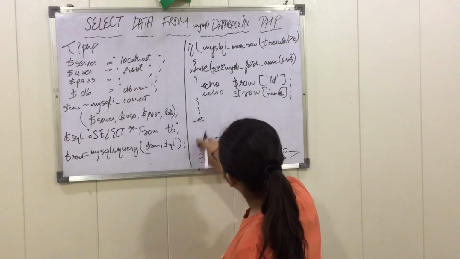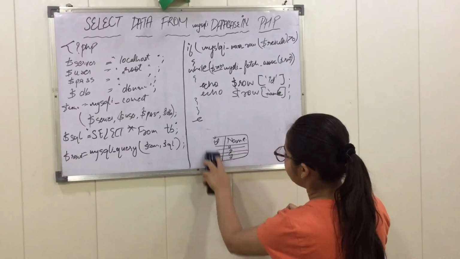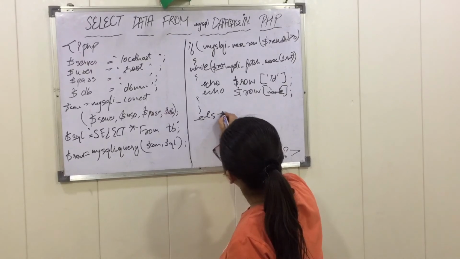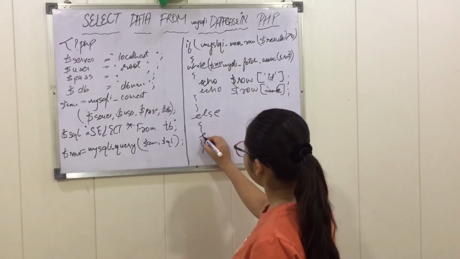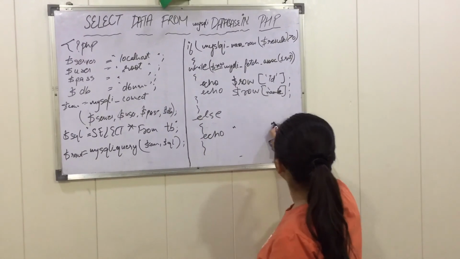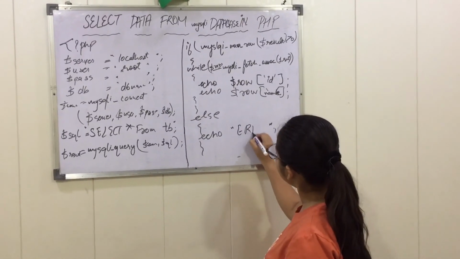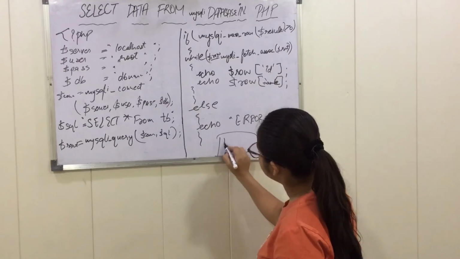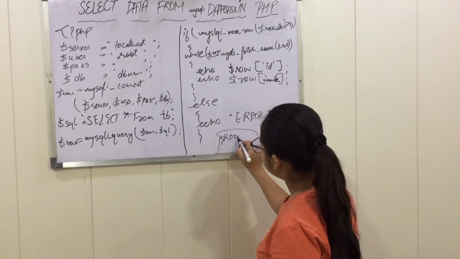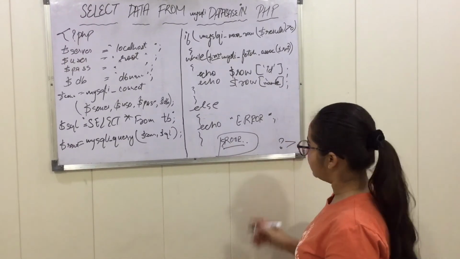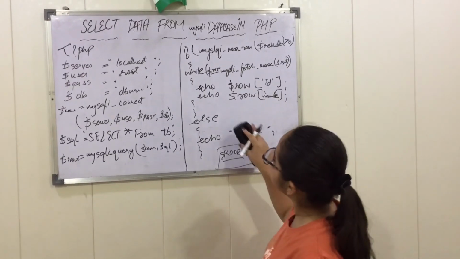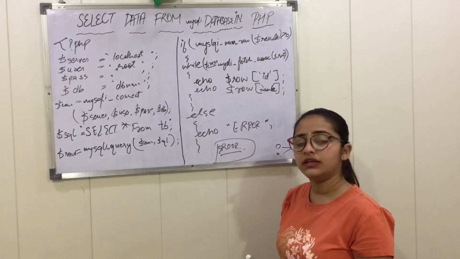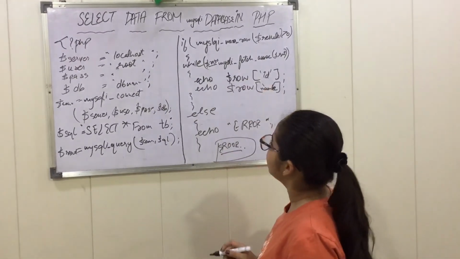To see whether something is not being printed, or if I make any error, it will be handled in the else part, with curly braces start and close. In between this, echo. In this form we can show the error. If I did anything wrong, it will be printed on the display screen as an error, that no data was printed. So in this way we can use PHP and the MySQLi database to select the data from the database in PHP.